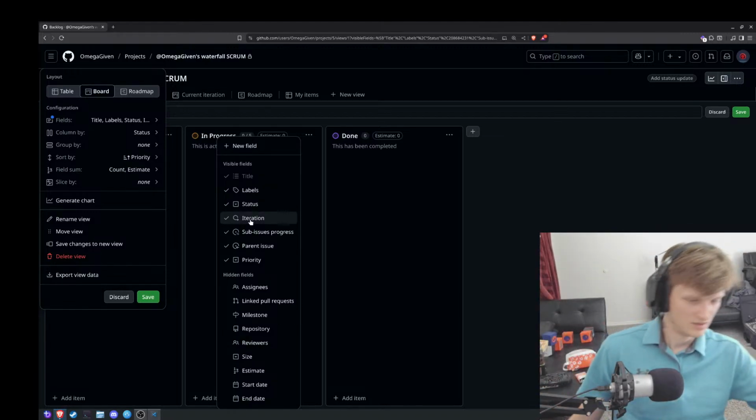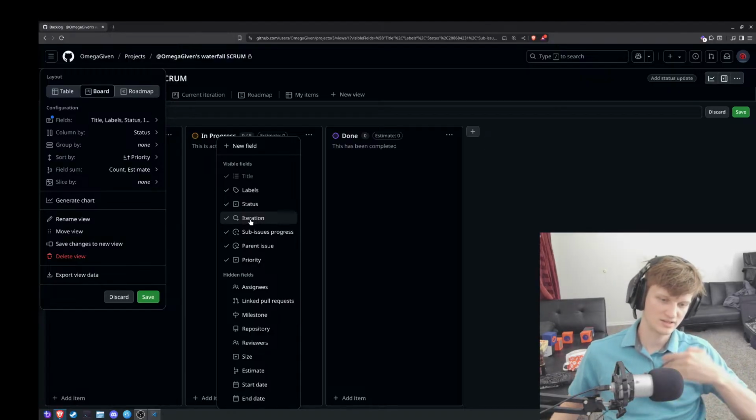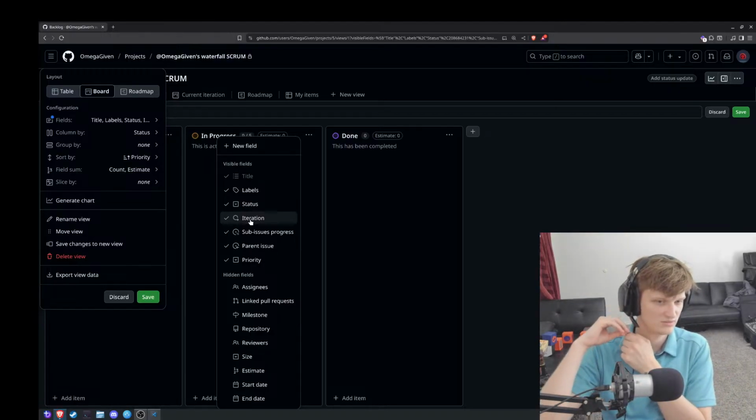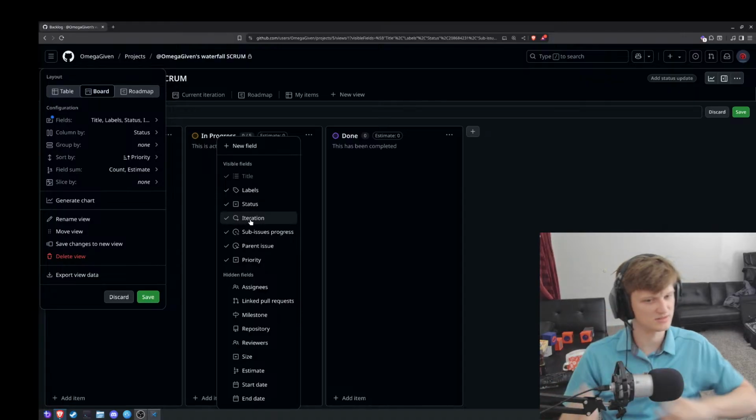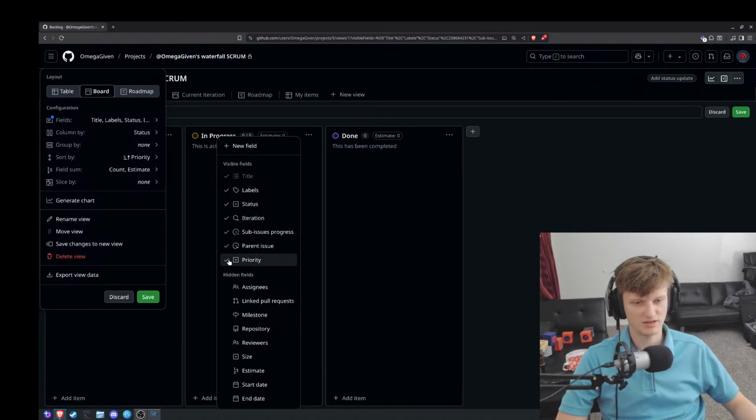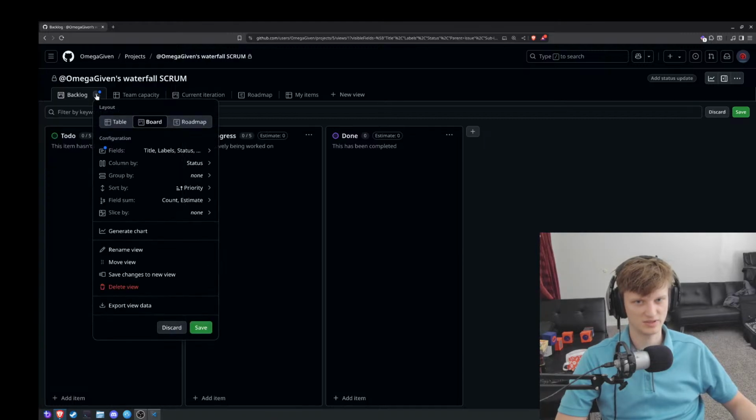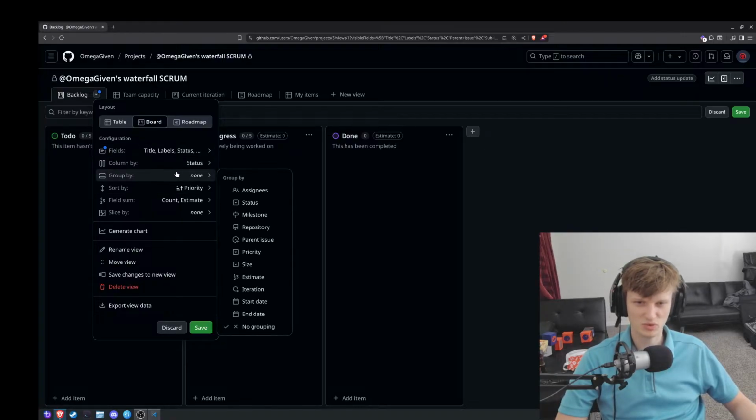All right. Enough distractions. The linked pull requests, milestones. I don't know what iteration means, but I don't need priority. Get out of here. Apparently priority is a must-have thing. That's okay, it could be at the bottom then. Okay, let's put parent issue, then sub issue. I'm going to put iterations down here for now. Okay, I think that's good. We did that. Column. We have column by status. Yes, we want column by status.